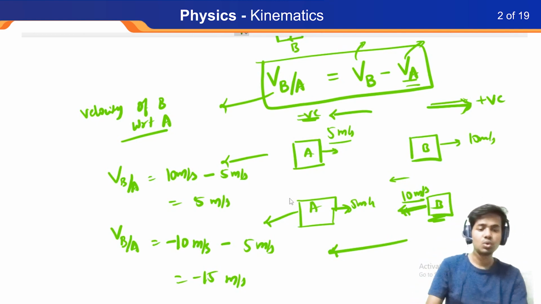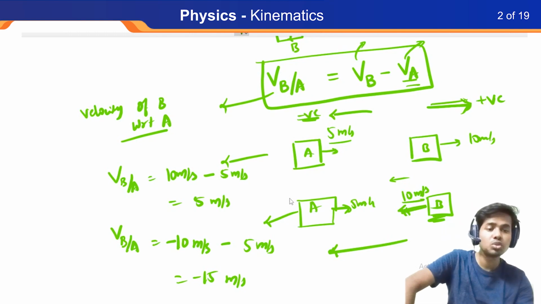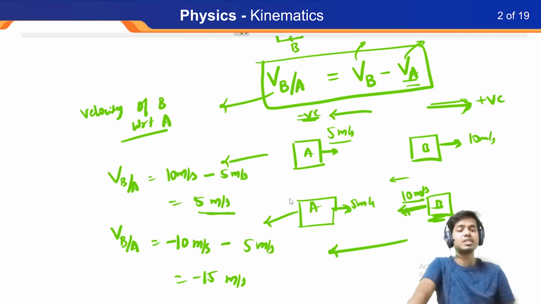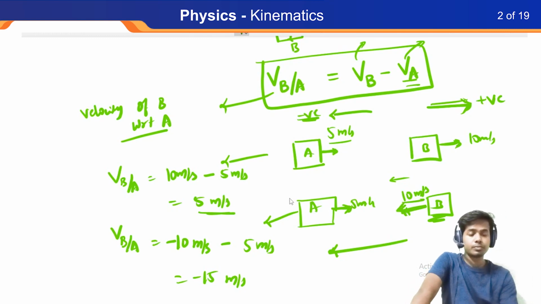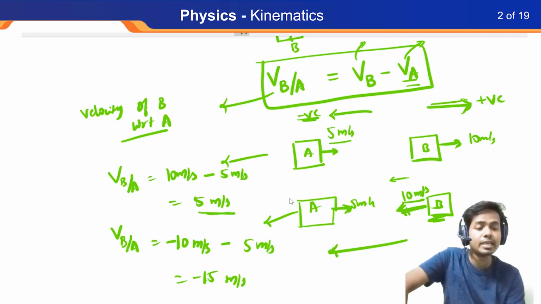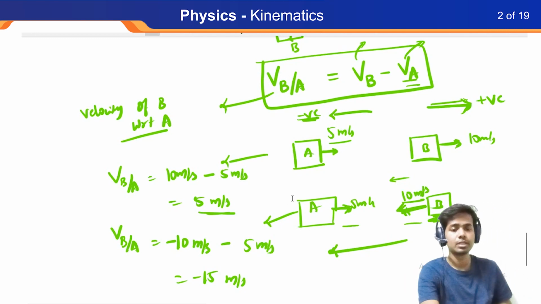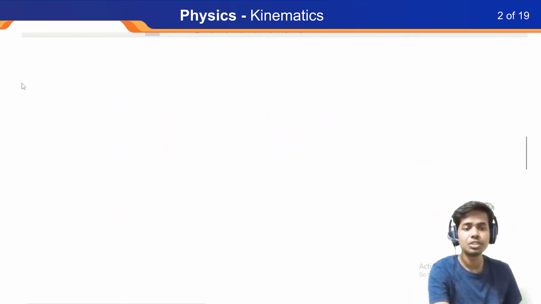Right? So what this basically means is if the direction of both of them is the same, the relative velocity will be smaller with respect to individual velocities. But if they are approaching each other, then the relative velocity will actually be the sum of each other, not the difference. All right. So if that is clear to you,